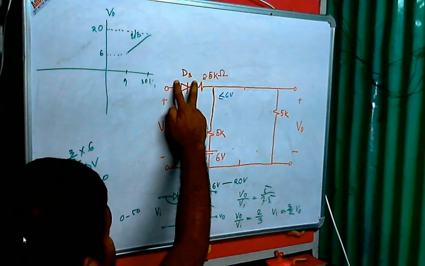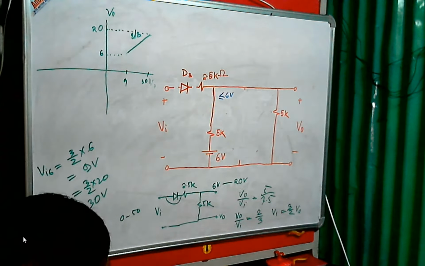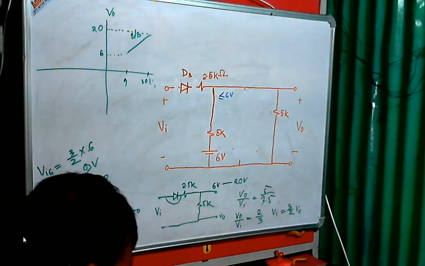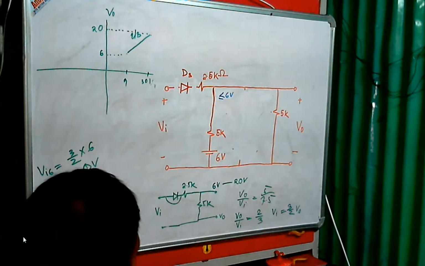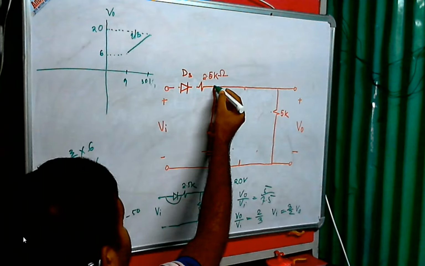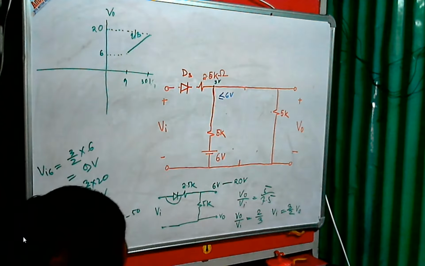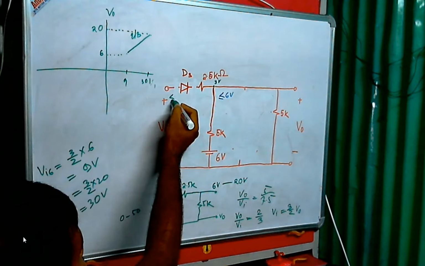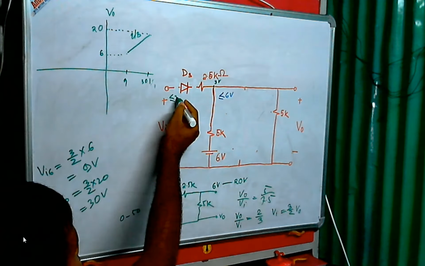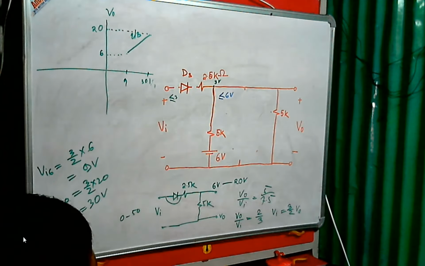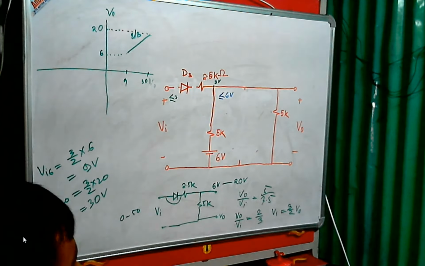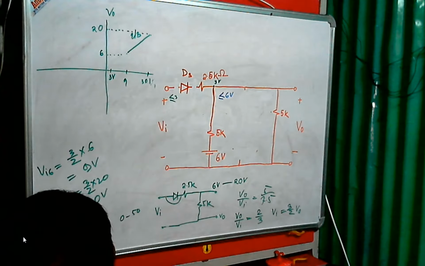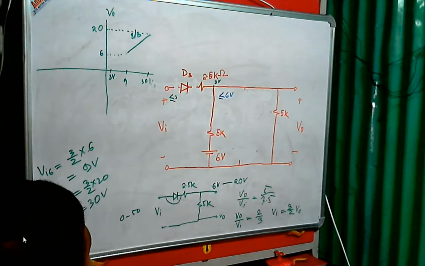So you can remove these two connections. Then what is the potential over here? It is simply a voltage divider network, 5k and 5k. So you have a 6 volt source, that means the potential over here is 3 volt. And you can see for this diode, if the input voltage is less than or equal to 3 volt, that time this diode will be off. So we can mark another crucial point over here, that is 3 volt.